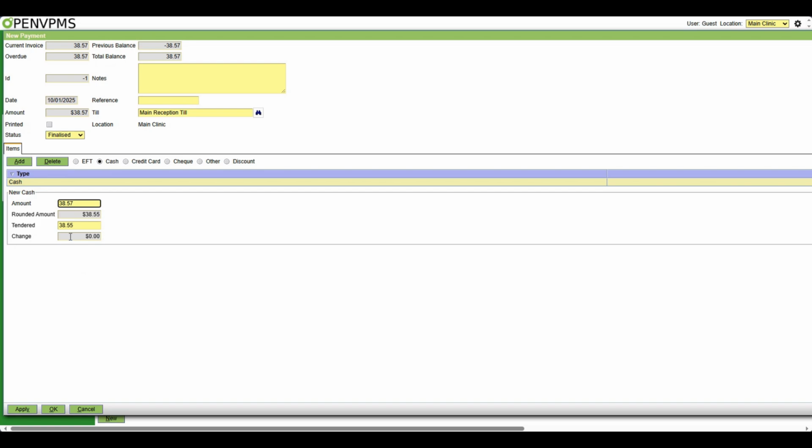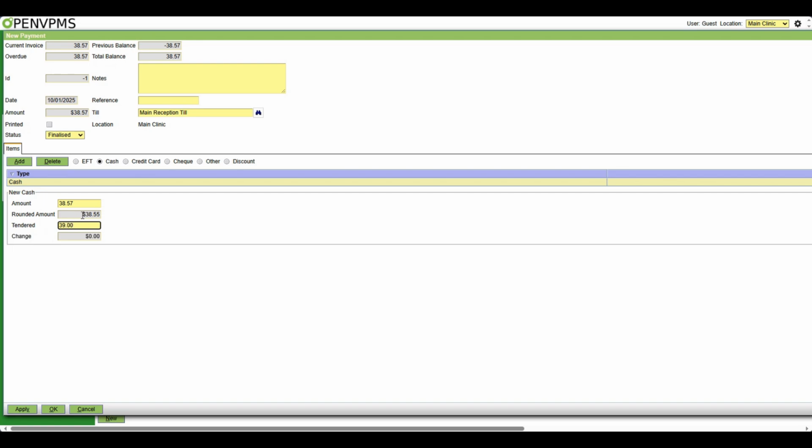Now, this is the way that I've always done it. I noticed on the demonstration, I think they're trying to hit add there, but every time I hit add, it doesn't work. So usually what I do, and I'm not sure if this is acceptable or not, I can always amend it if necessary. The amount is $38.57. Say he's given me